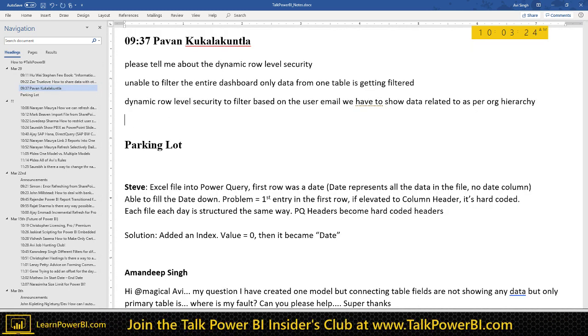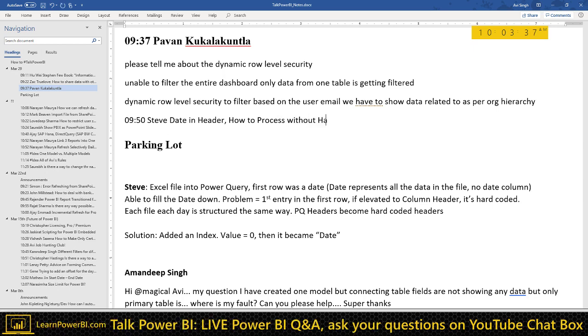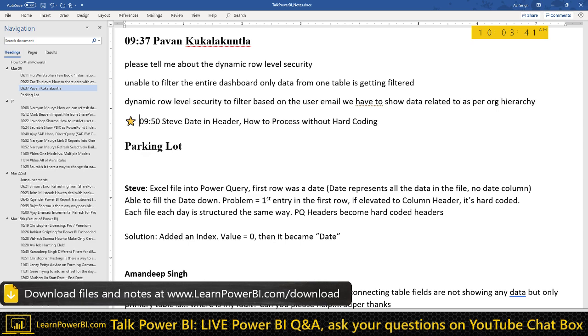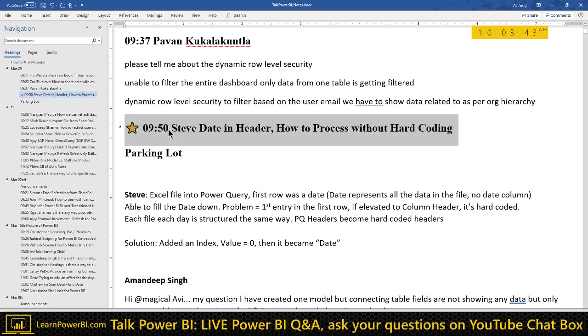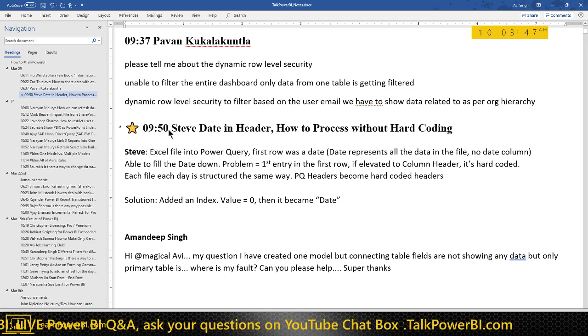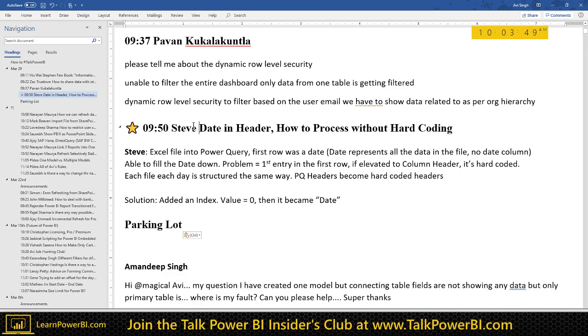So I'll make an estimate of when we started, maybe 9:45, 9:50 maybe. Steve, date in header, how to process without hard coding, and yay. Okay, so we got that.